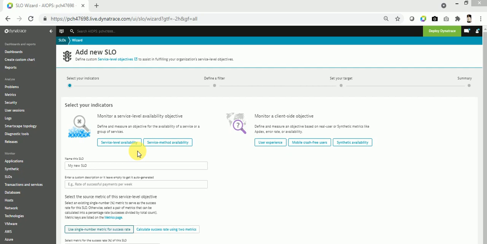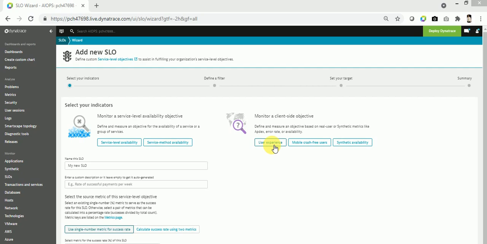Now coming to the user experience SLO. If you want to create an SLO on the basis of user experience, which is based on the AppDex measurement, I believe you all are aware of AppDex. What is AppDex in Dynatrace?